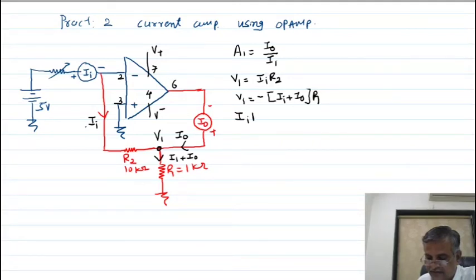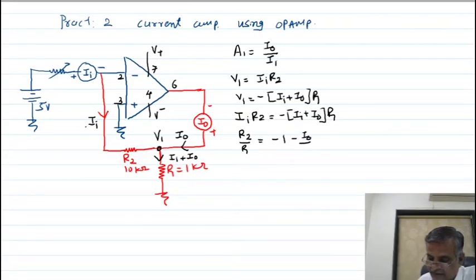So I_I R2 is equal to minus (I_I plus I_O) into R1. So I can write R2 by R1 is equal to minus 1 minus